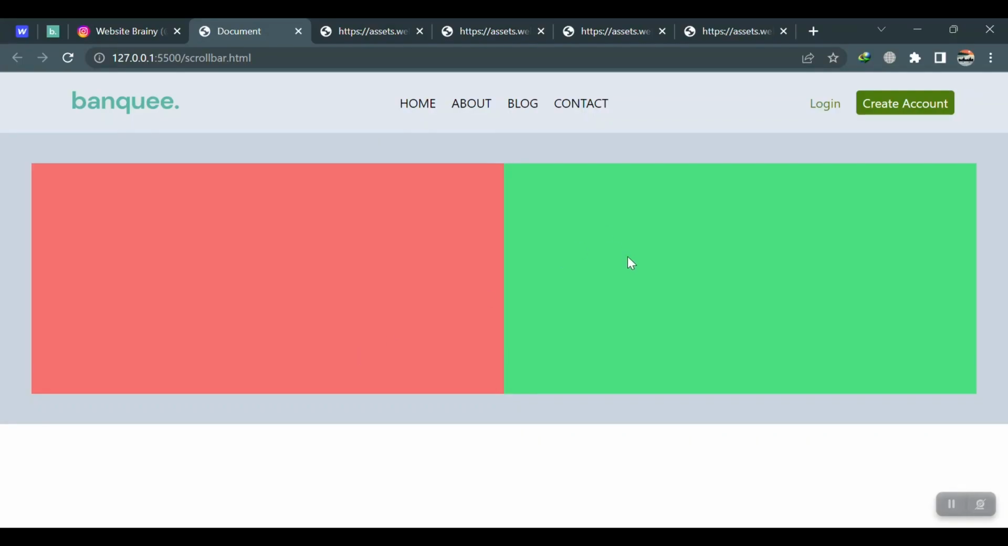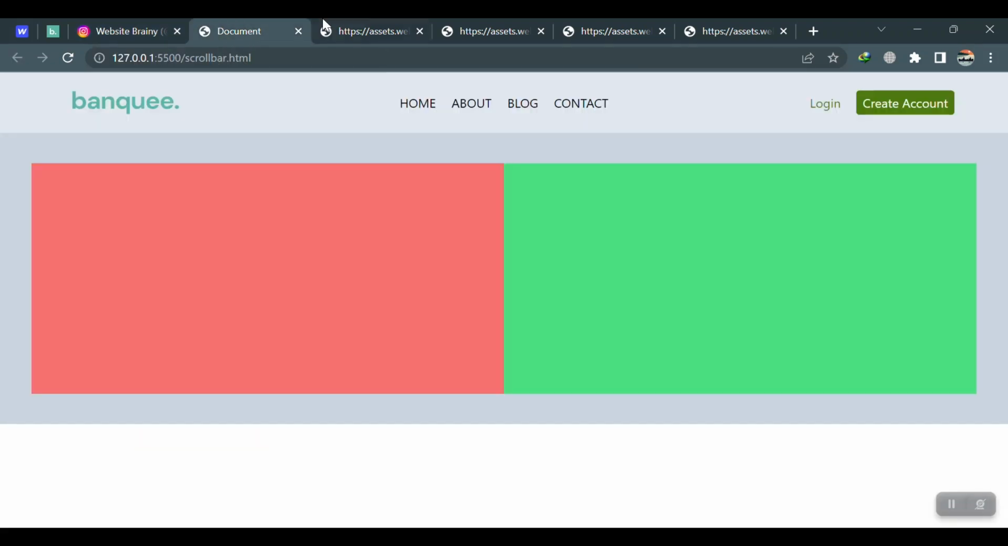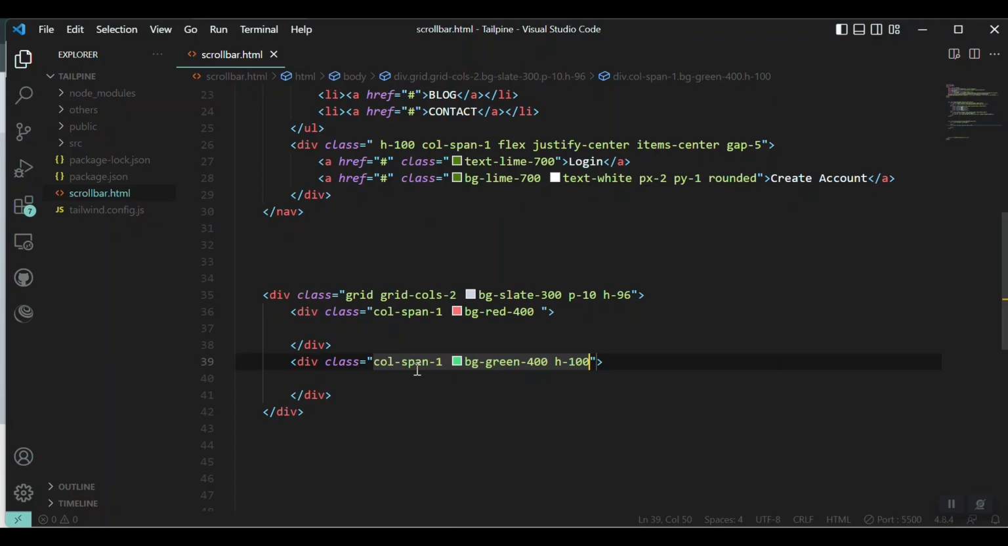Let's see. Yeah, so we have these two sections. I'll add some text inside the left one and the two images on the right. Let's go for the text. We have "Banking starts here" text on the left one. I'll use the h1, banking br